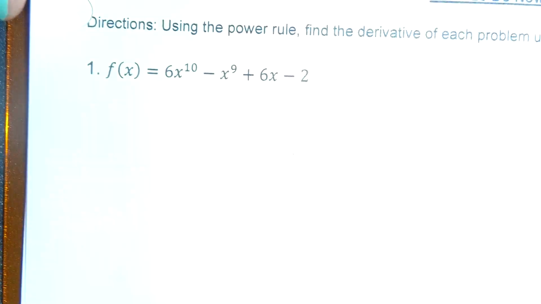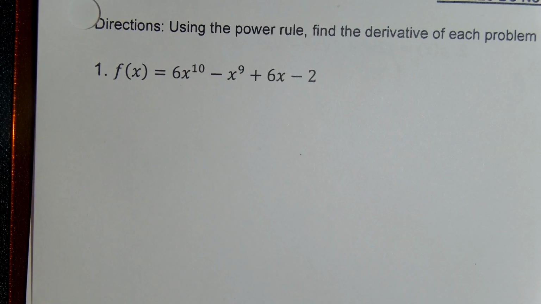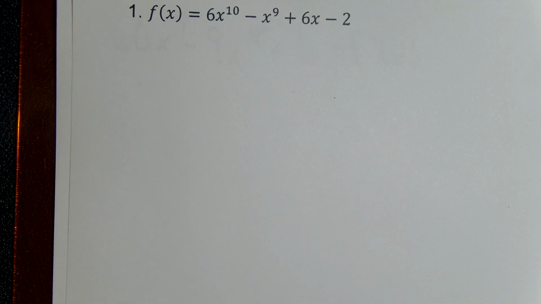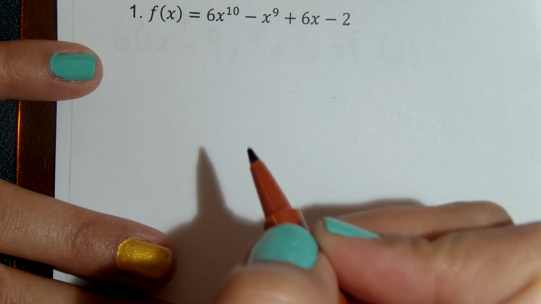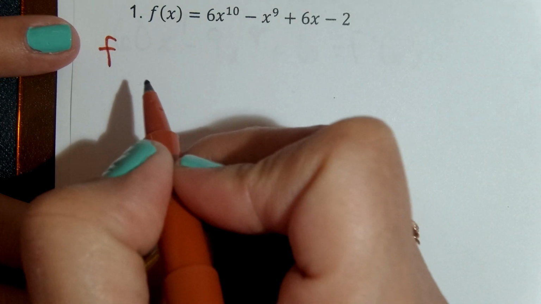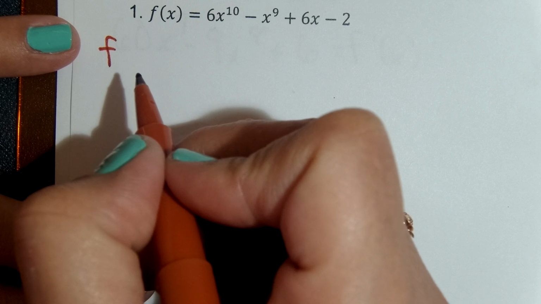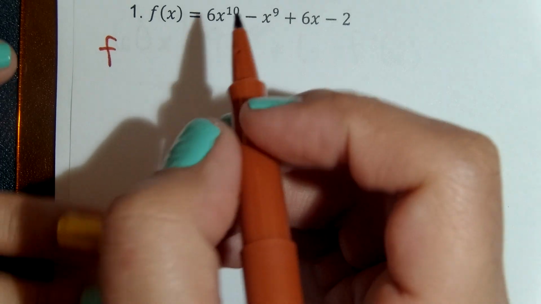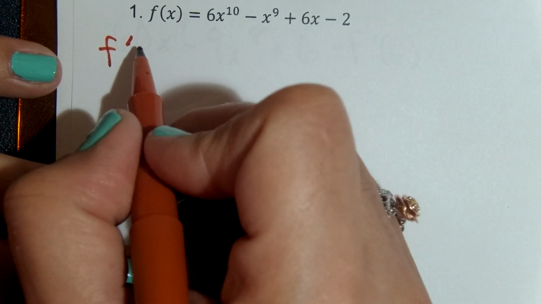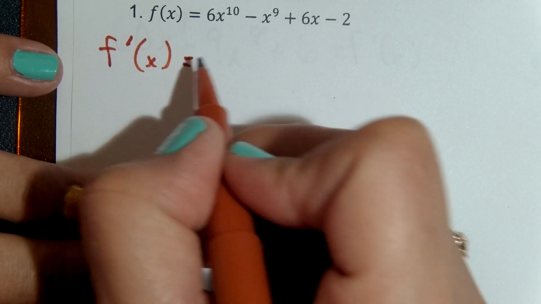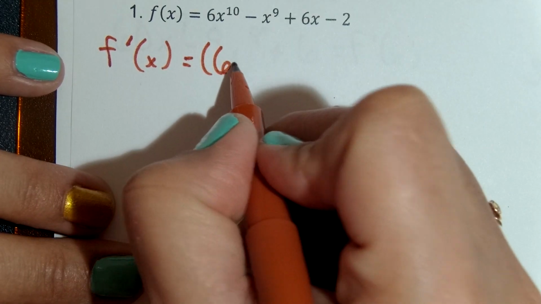Let's start. Can I get somebody to tell me how to do number 1? Ivan. So we're gonna do the F, and then what's the one called? The little one. Prime. Yeah, F prime of X, and then parentheses, 6 times 10